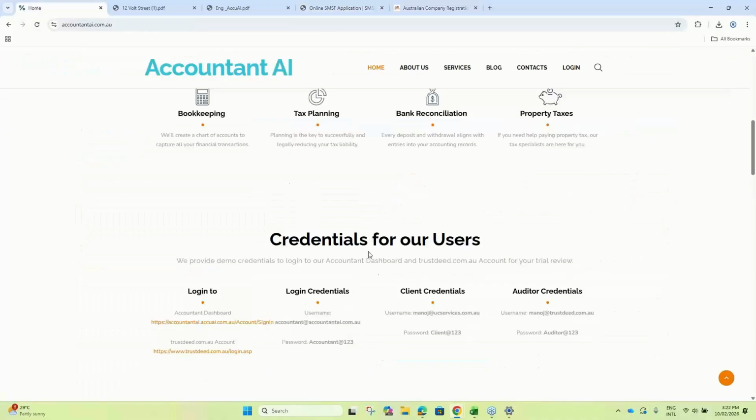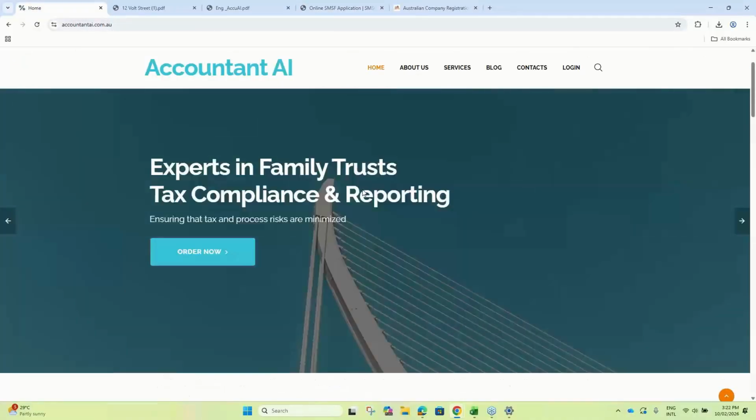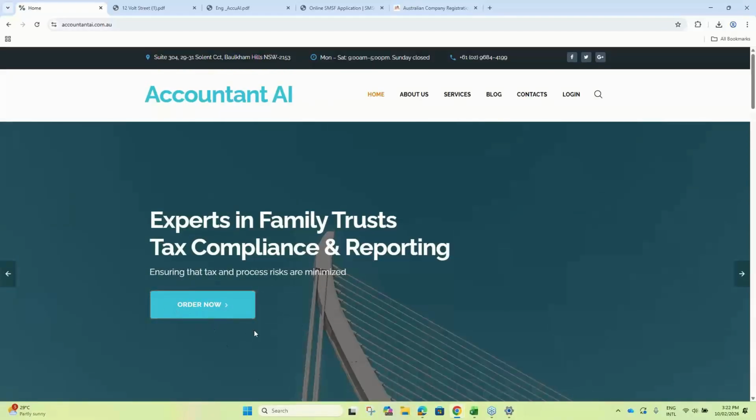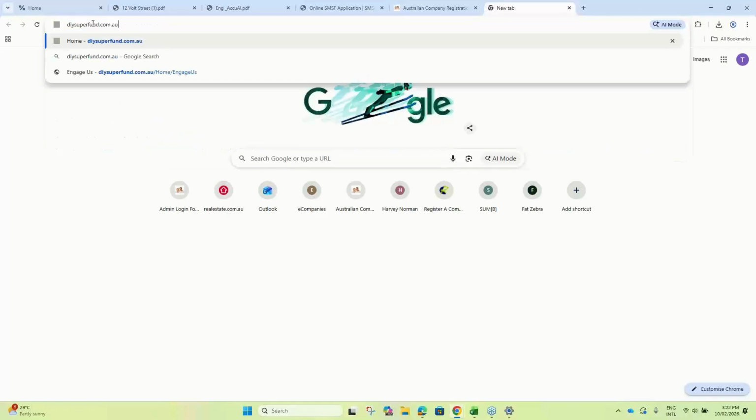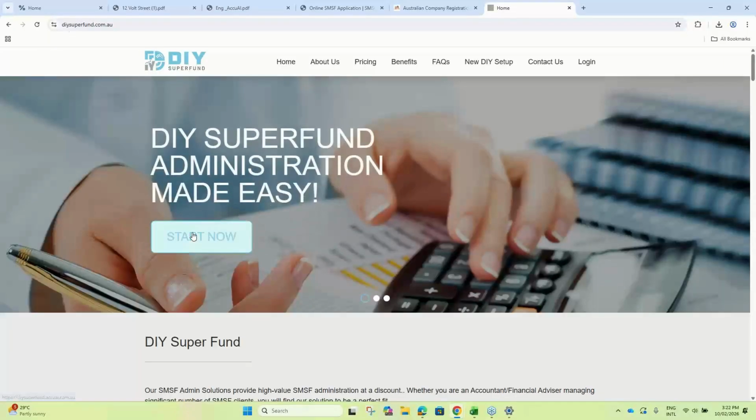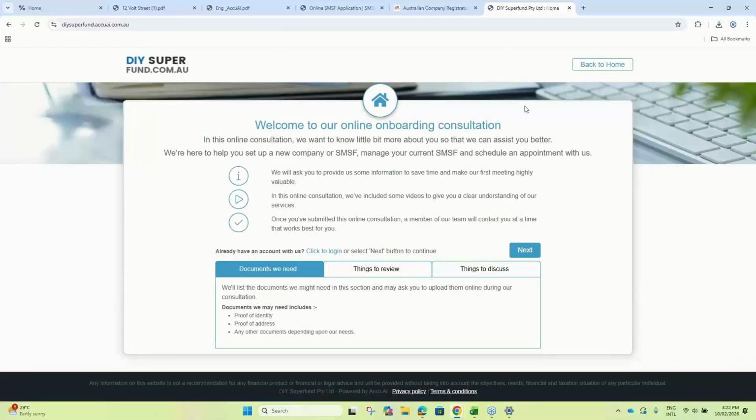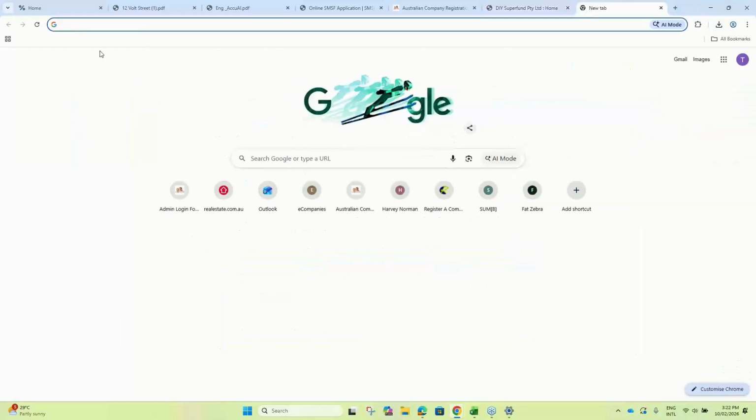But remember one thing, if you have this order now button, then you will get new clients. You can even advertise on Google if you like, and I can show you a couple of websites. I can't show you too many, but I can show you a couple who have done this, who have this button on their website. But remember one thing, if you don't have this, let me just Google